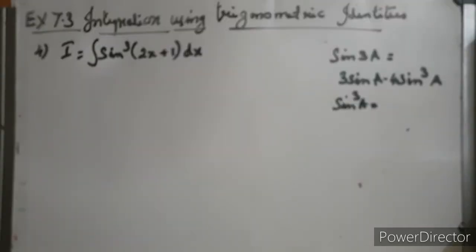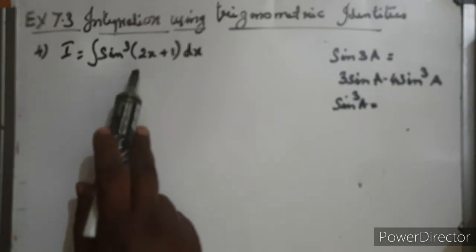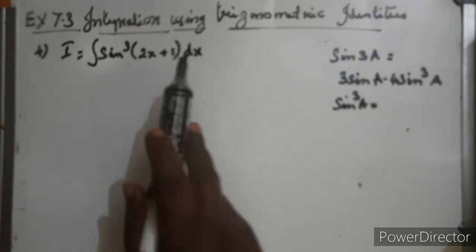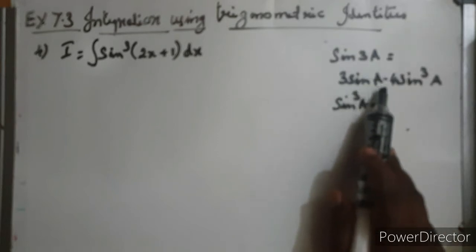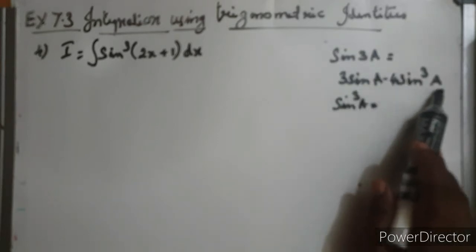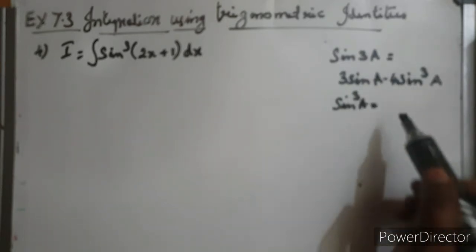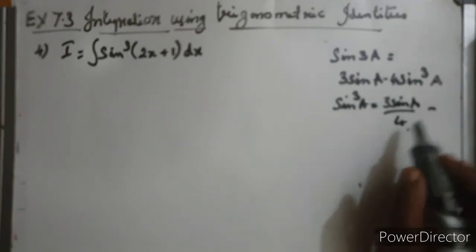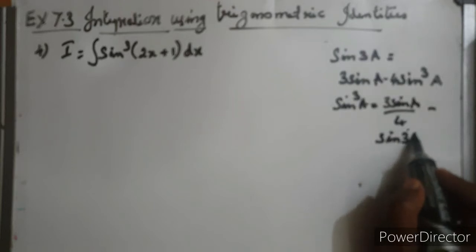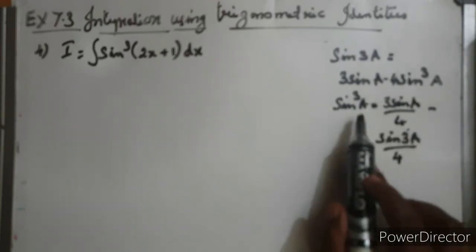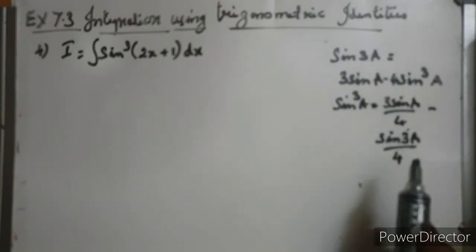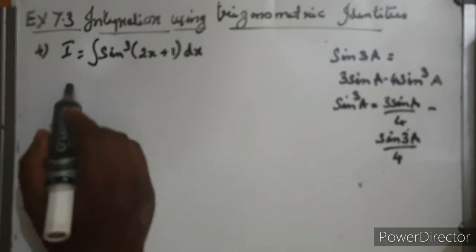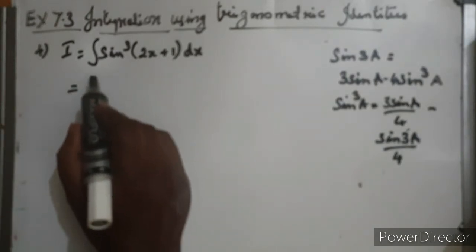Fourth one, find the integral of sine cube of 2x plus 1. So I equal to integral of sine cube 2x plus 1 into dx. So sine 3a is 3 sine a minus 4 sine cube a. So I am taking sine cube a as 3 sine a by 4 minus sine 3a by 4. So I am applying this sine cube a as 3 sine a by 4 minus sine 3a by 4 over here. So writing this as 3 by 4